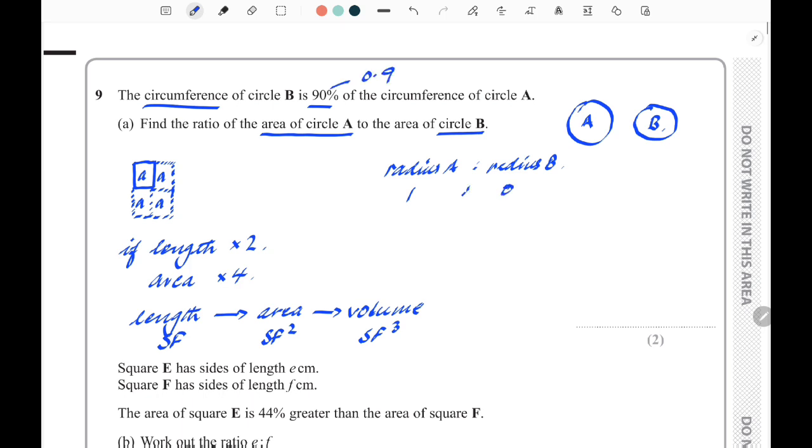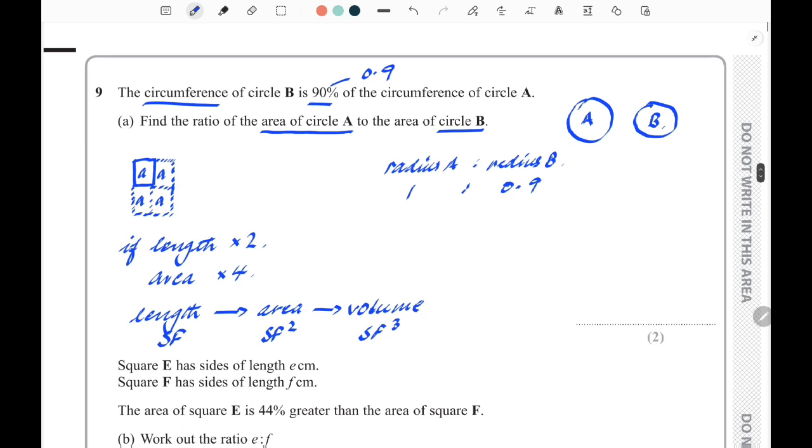So 0.9. And if you then were to square that, because that's a scale factor, 1 to 0.9,